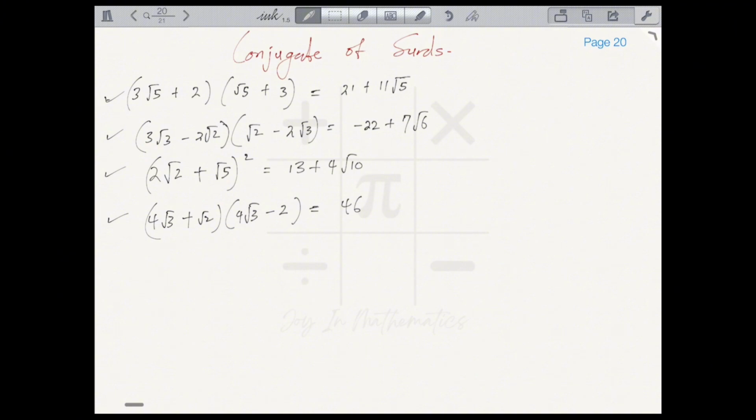Now we saw an anomaly where we multiplied two surds in brackets, and it gave us a rational number, a whole number. Why didn't it give us surds as usual? Why is this one different, giving us whole numbers? Right, so this idea is behind